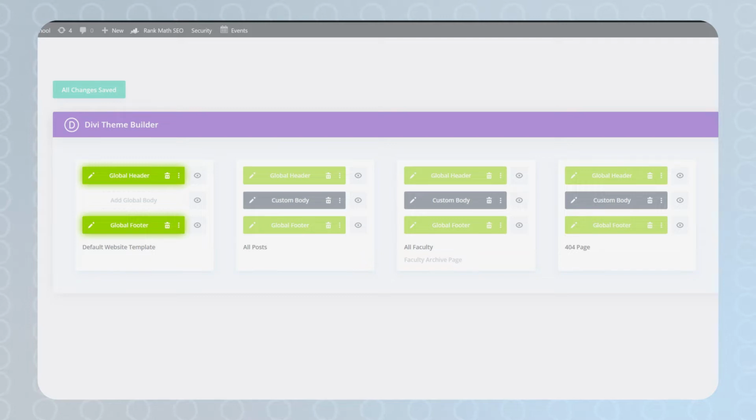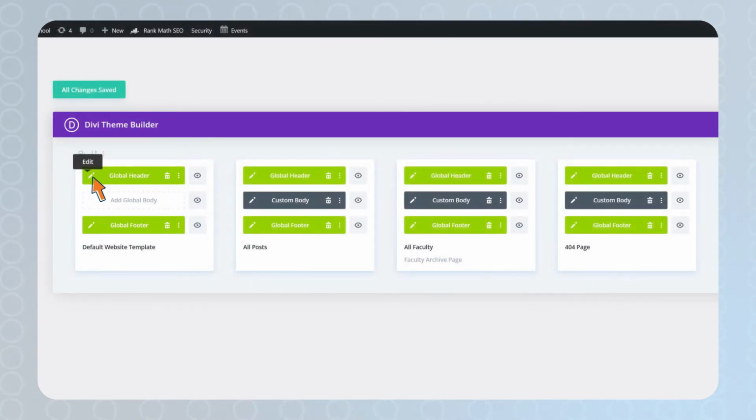The two global sections of interest are what we call the header and footer of the website, or the top and bottom sections that you see on all pages and that typically contain important components like the navigation menu and the logo. To edit the header, we'll simply need to click on the white pencil Edit icon to open up